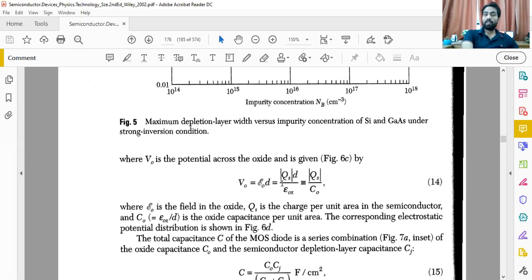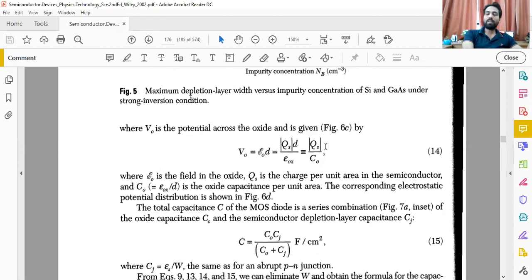And you know that a parallel plate capacitor is generally represented as epsilon naught K A upon D, like that equation. Here the same thing has been taken from the relationship. If V naught is the potential across the oxide, we have semiconductor here and metal here, with an oxide in between. When this oxide is persisting this voltage V naught, then Qs upon C naught will be the relationship. The C naught indicates that we have capacitance across this one.